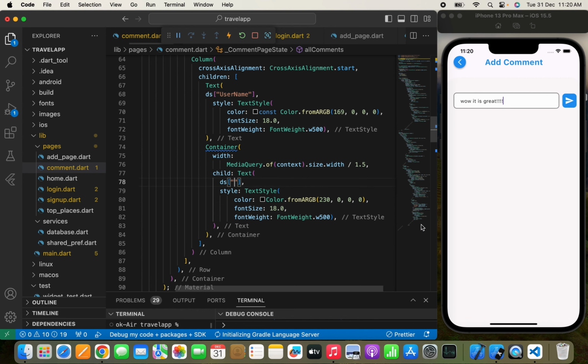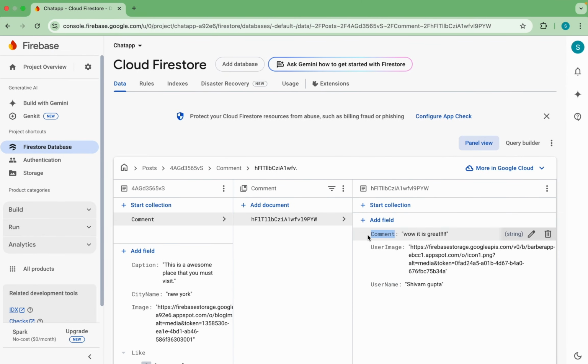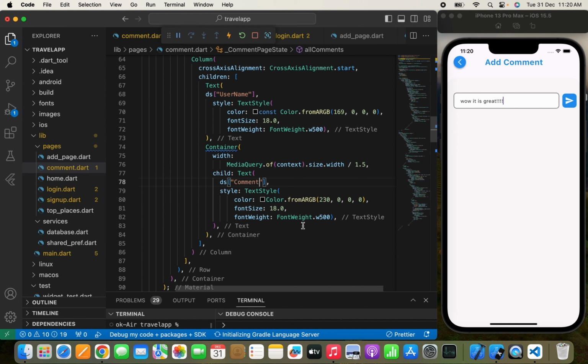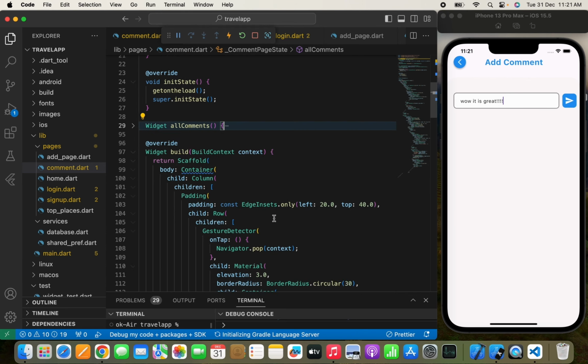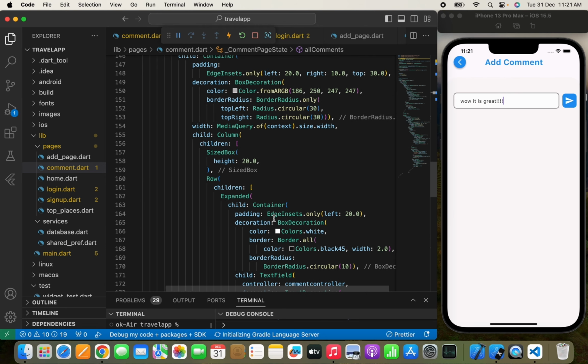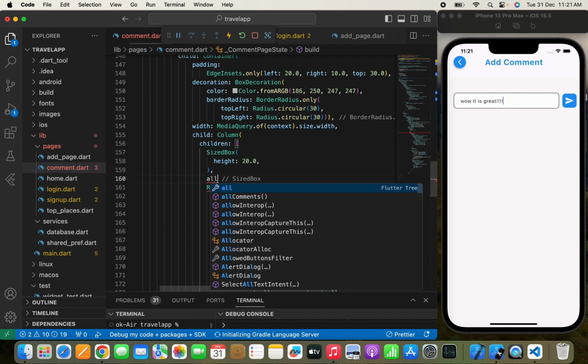So write ds and a comment, which is this comment. So copy this, paste it over here. Yeah, so here it is, and now we can simply call this function, which is all comment, where over here, which is over here, all comment,